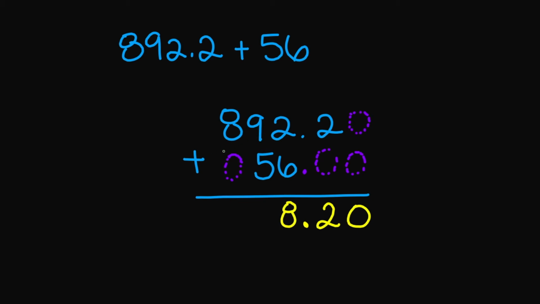Then you have 9 plus 5 is 14. I'm going to write my 4, carry the 1. And then you have 1 plus 8 is 9. 9 plus 0 is 9. So your final answer is 948.20. So like we said, if you had $892.20 and someone gave you 56 more dollars, the total amount of money you have will be $948.20. Let's try